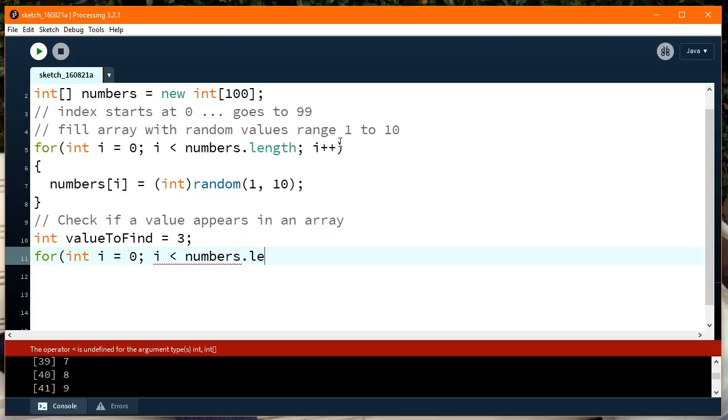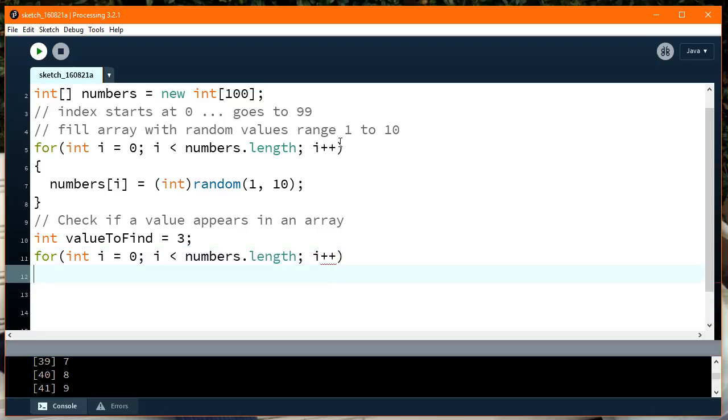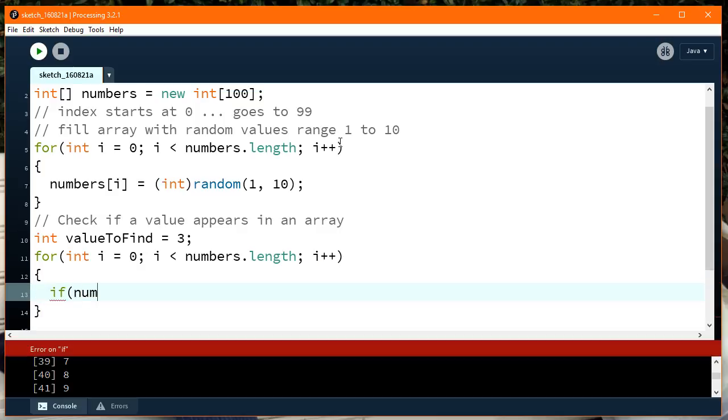And you'll notice it's exactly the same as previously, because we're going to go through it looking at every single index in the array. And we'll say if the number we are currently on is exactly equal to the value we are trying to find, which we defined previously,